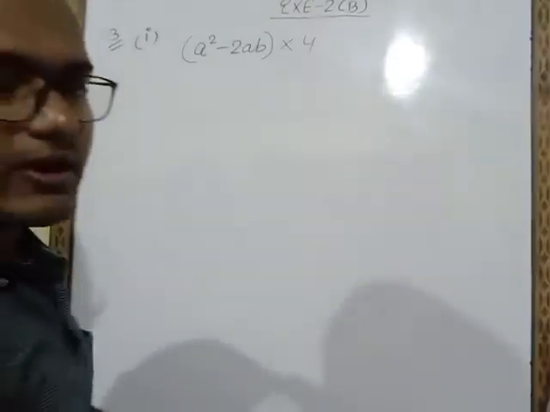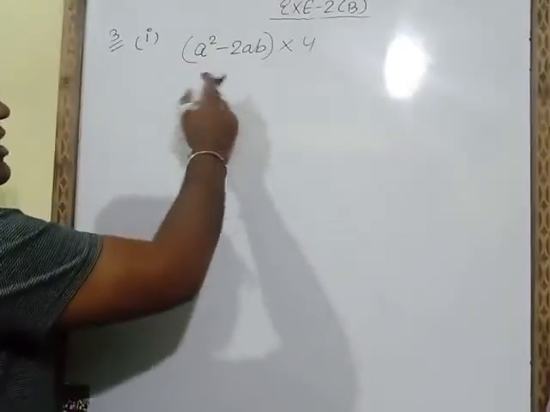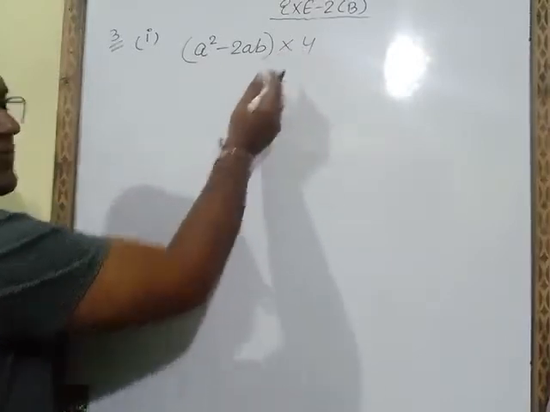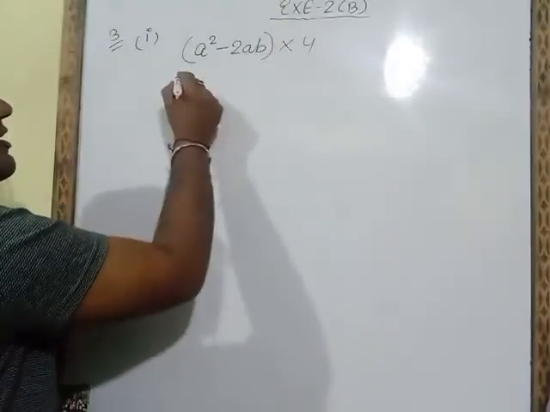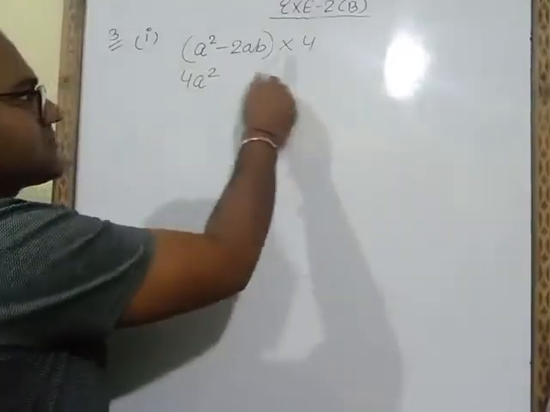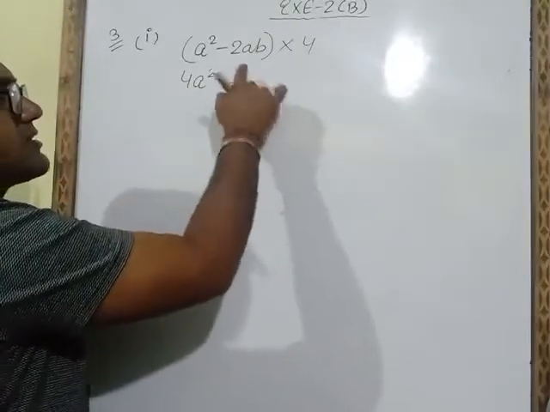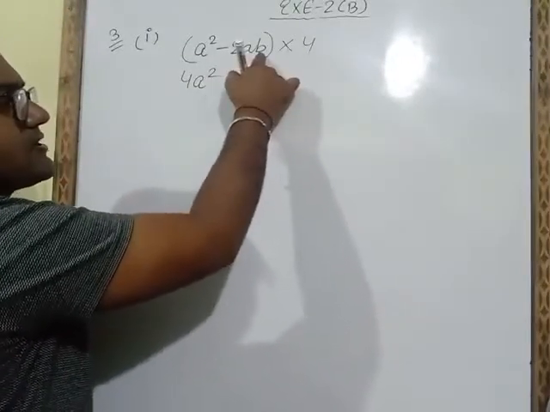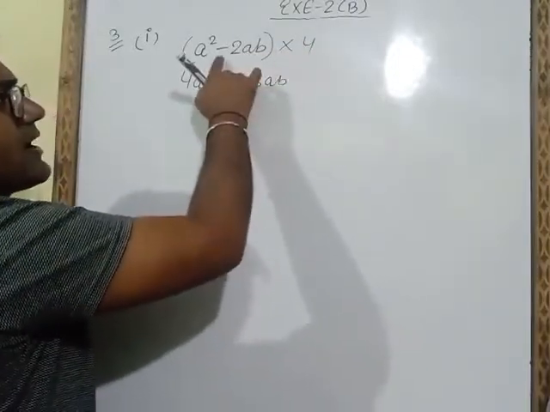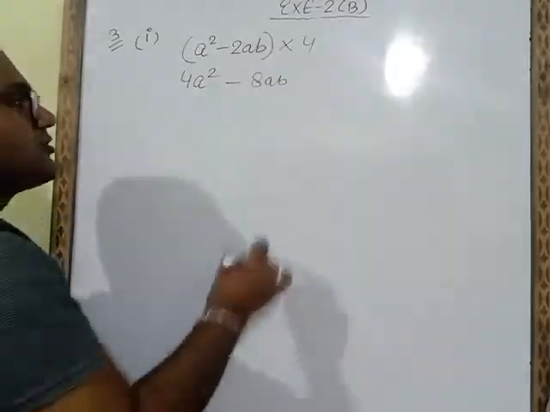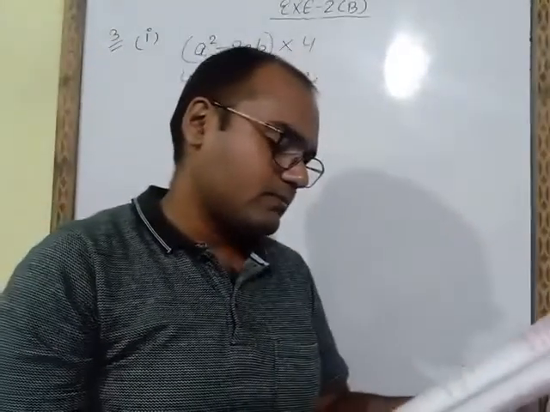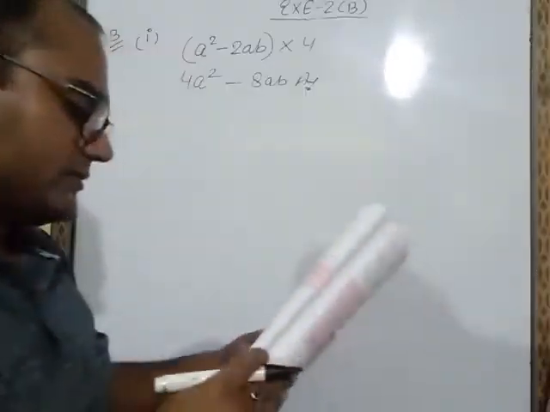So first of all we will multiply sign of 4 and a square. This is plus sign. On the left hand of 4 plus sign. Plus into plus will be plus only. A square into 4 when we will do, we will get 4a square. Minus multiply plus sign, minus. 2 4s are 8. AB is written here but there AB is not there, so on multiplying these two we will get minus 8AB. So this is your final answer of first part. Now see another part, part number third.